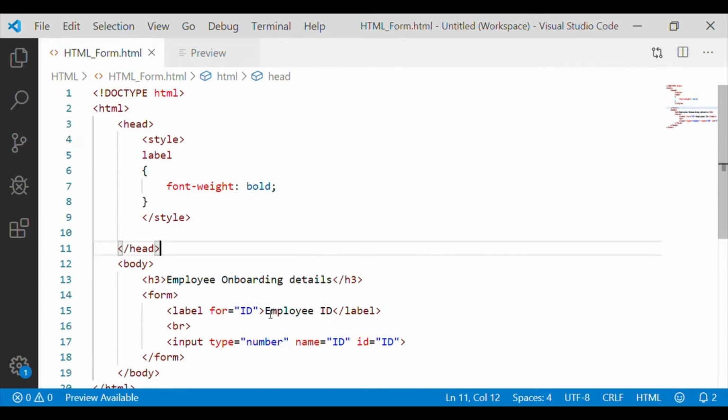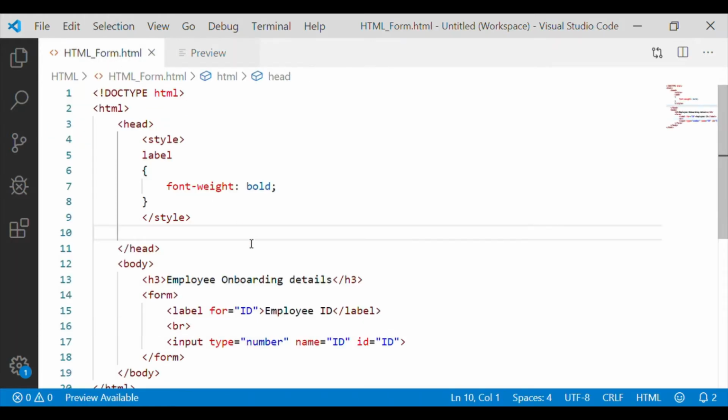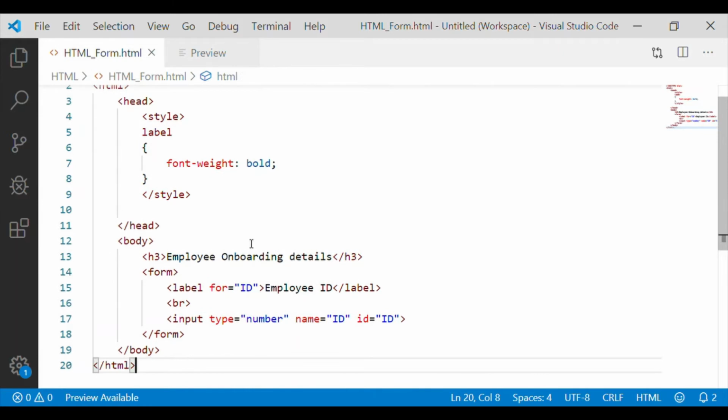As I have made the styling option for label under head, it will provide these characteristics for all labels in the whole form. As we can see in our preview window, employee ID is made bold and the input type is number for employee ID.